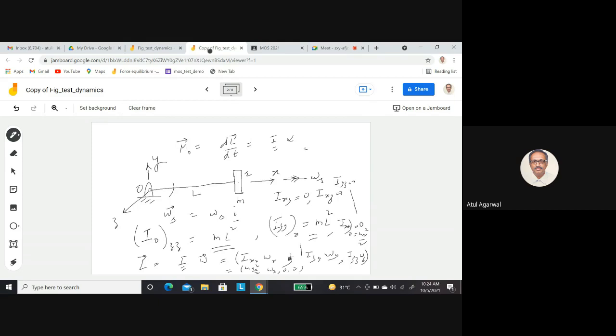So you will get your I as mr squared by 2, times whatever is your alpha x. All other terms are 0 because the rod is spinning only about the x-axis, so it will have angular acceleration only about that axis. Your rod could have been spinning about the z axis also, but that is not happening here. In that case, your Izz would have become important. Okay, any problem?